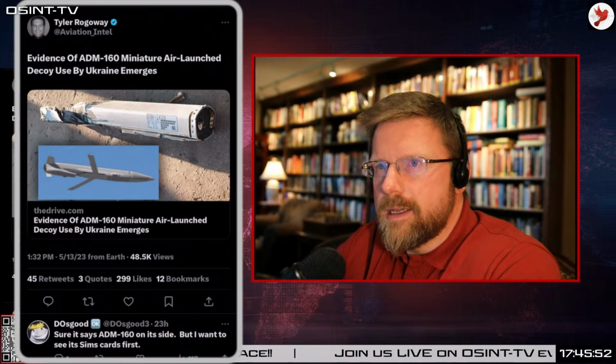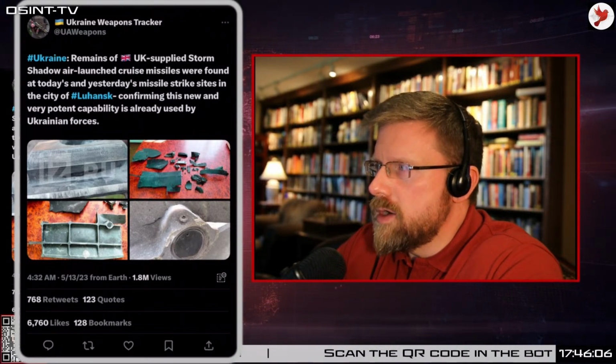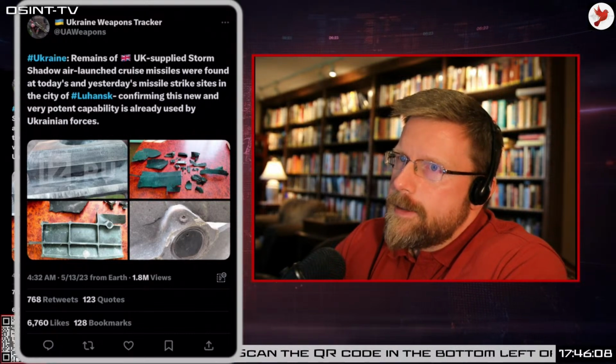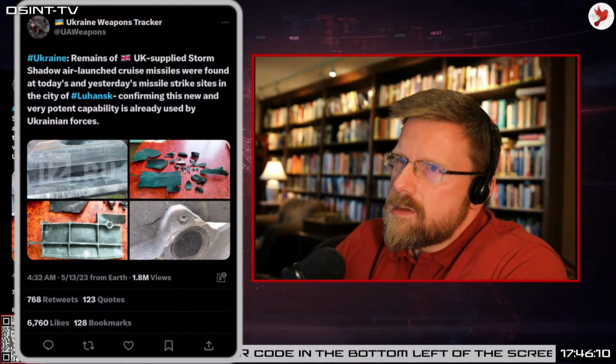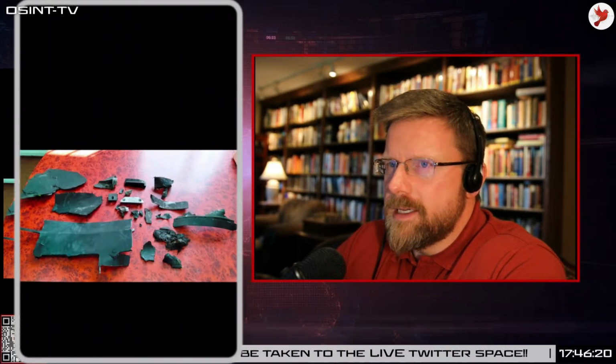In connection with other new equipment, the second item in the nest, the first pictures emerged of debris that appears to be the remains of Storm Shadow missiles. And apparently these were in connection with strikes on locations in Luhansk. Those sites that were hit were not particularly far away. I think I read they were something like 70 or 80 kilometers away, and may even have been within range of